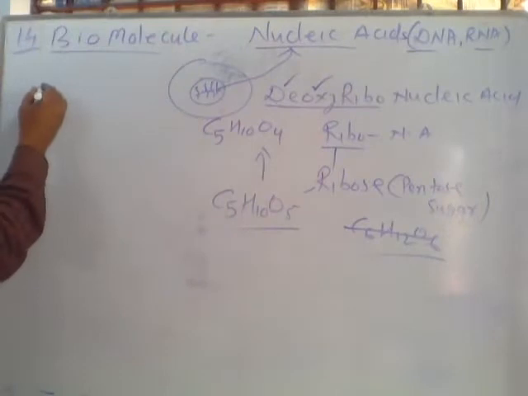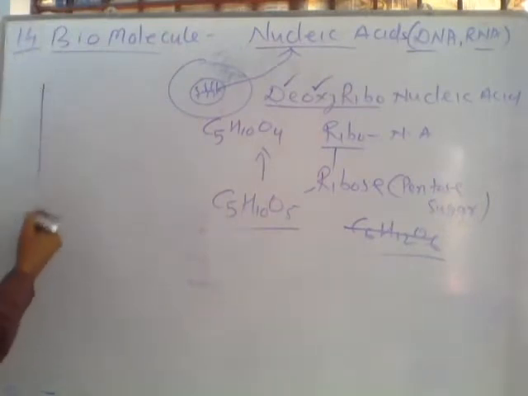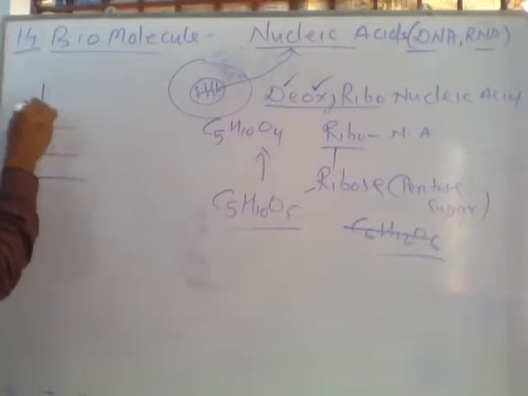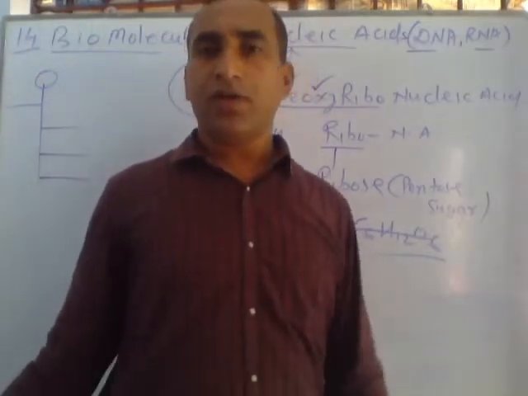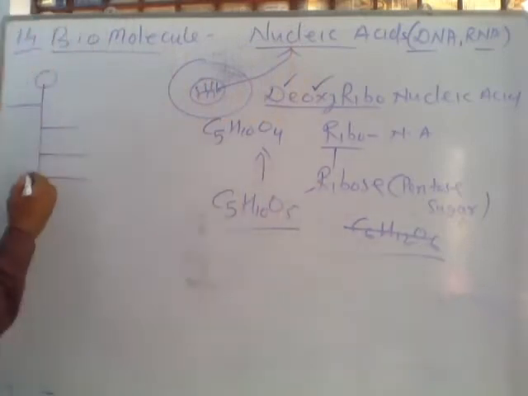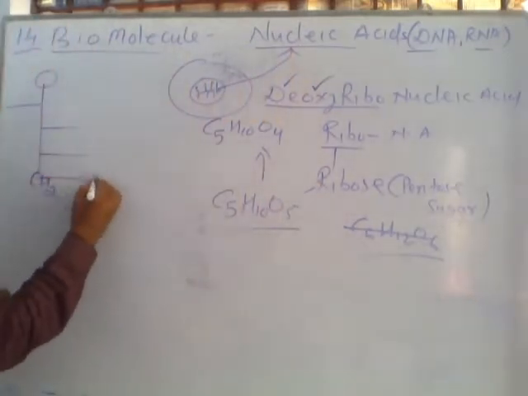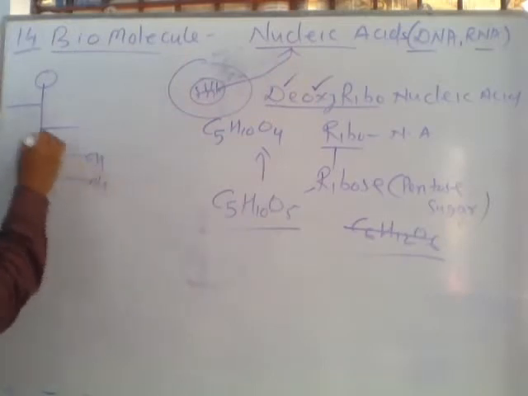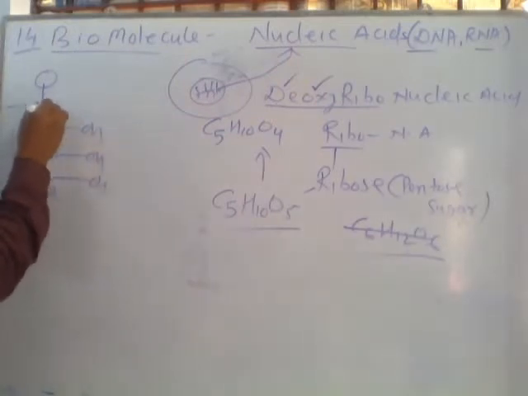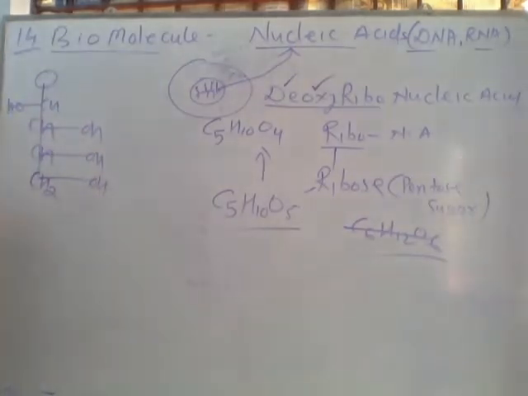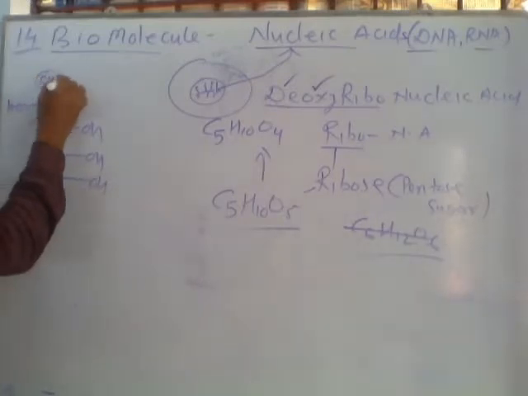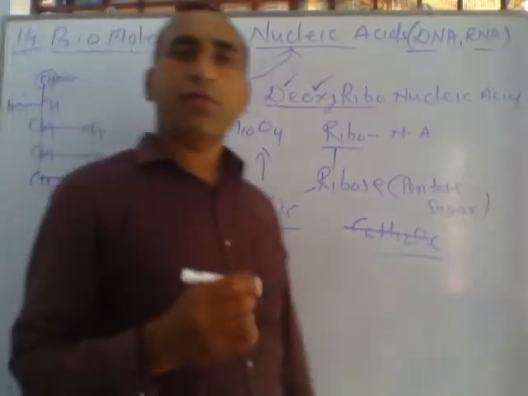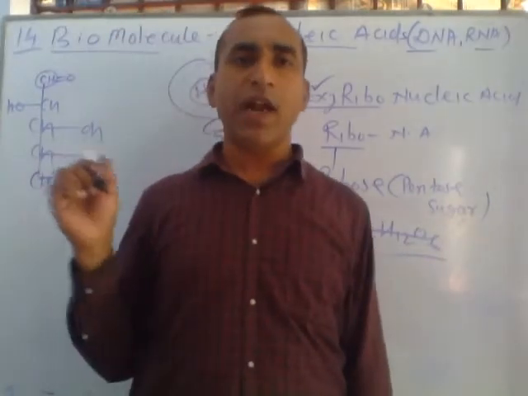Listen, actually here you are writing this type of straight chain, 1, 2, 3, 4, and this circle. This stands for the open structure of ribose. Here we put CH2OH, CHOH, CHOH. Here CH and OH are on the left-hand side, and the circle at the top stands for a group. This is CH double bond O, aldehyde. It means ribose is an aldose sugar. Aldose means an aldehyde group is present.